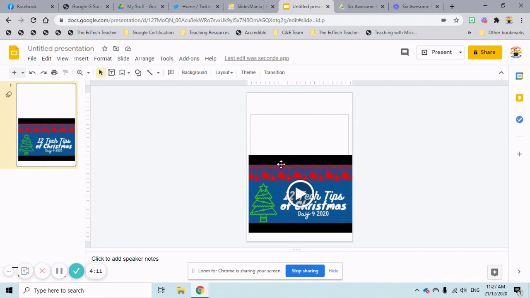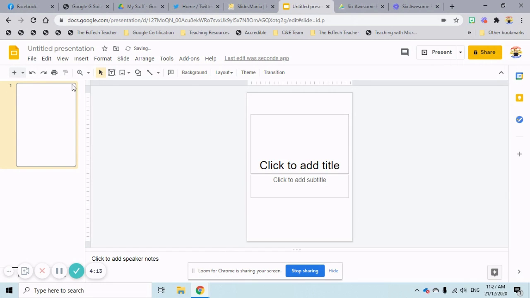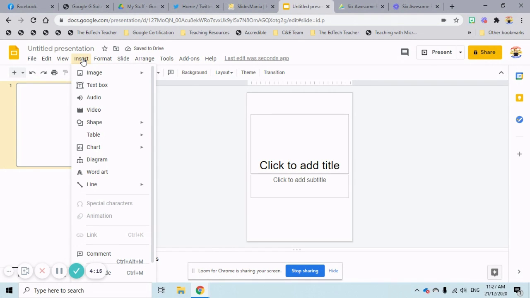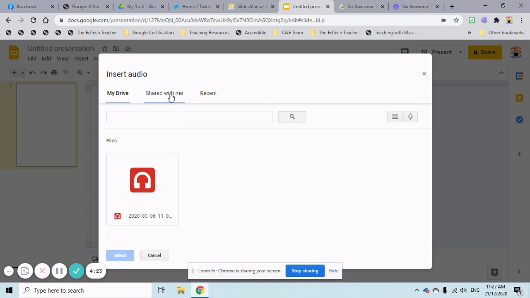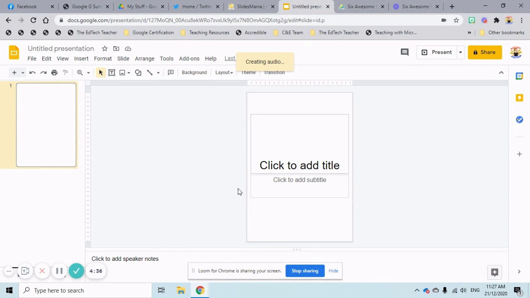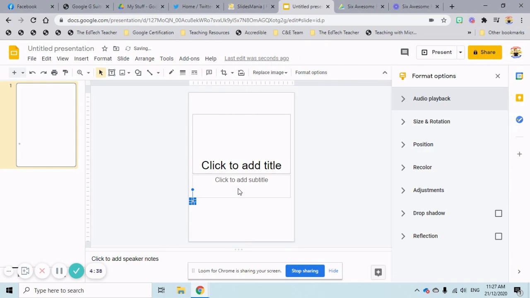It's really, really easy. And the final one is adding some audio. So we're going to go back to Insert and we can go to the Audio tab. Again, we can get some audio off our Drive, which is where we will need to access that from. So make sure that any audio that you have created is accessible through your Drive. I'm going to go and select this one here, and it's going to insert that audio into my slide,